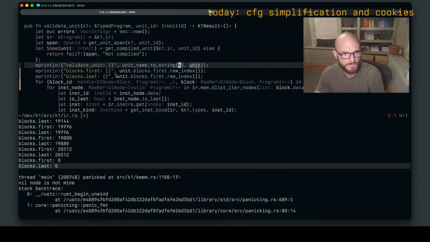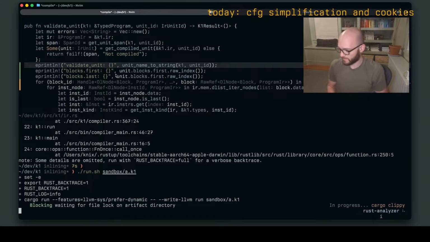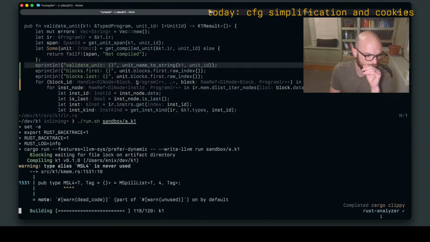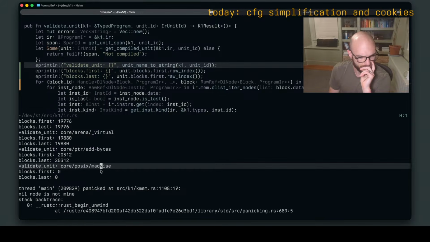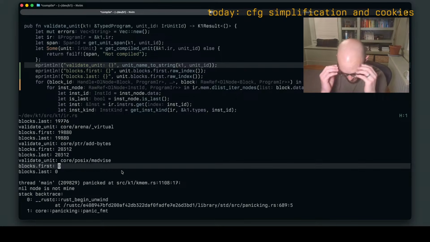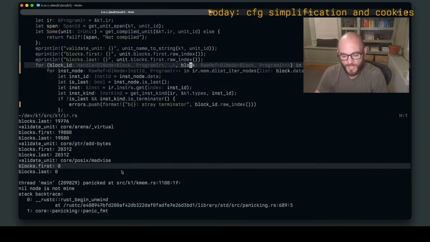It's the unit ID. So cool, it's an external call. It has no blocks, and now validate chokes. Why didn't iterating